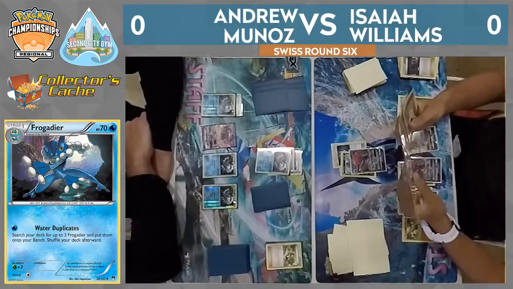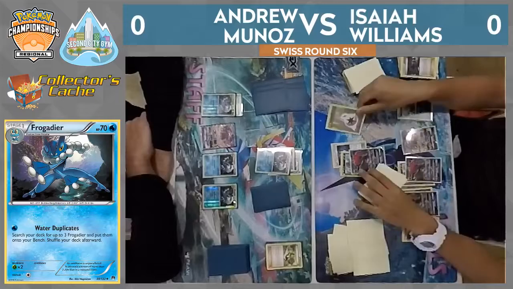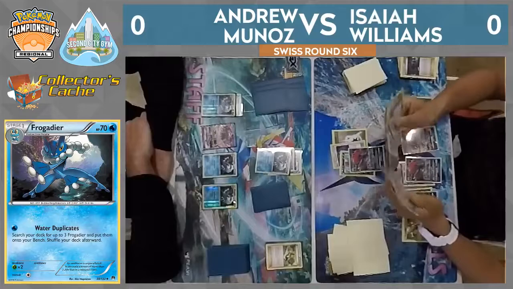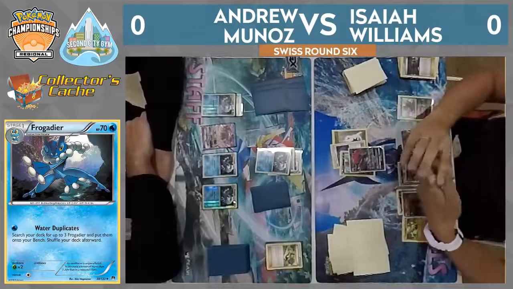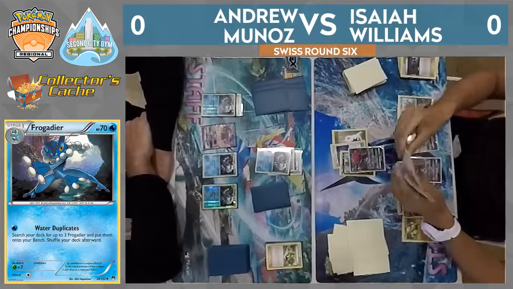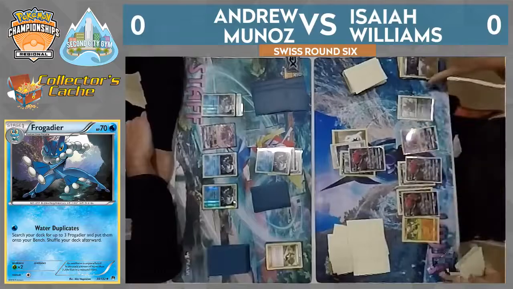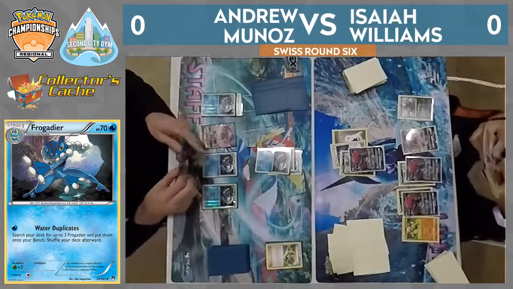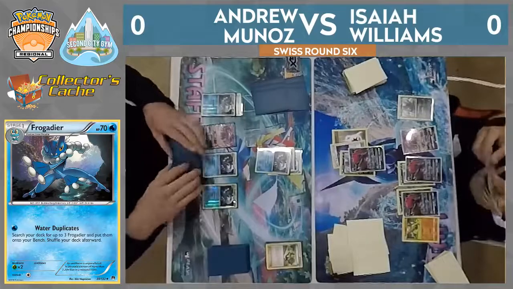Andrew drawing the 1 Frogadier actually worked out perfectly for him, because Sudowoodo limits his bench to 4, and with the Tapu Lele there, he wouldn't be able to get all 3 water duplicates. So drawing just 1 Frogadier made his hand perfect against Sudowoodo. Right, that actually worked out so nicely, and we know that he does have Greninja in hand, so he should